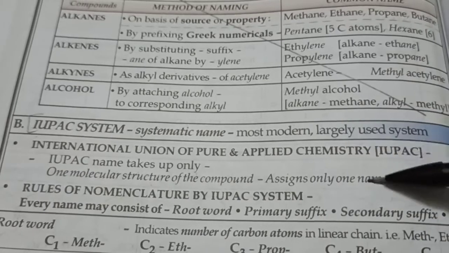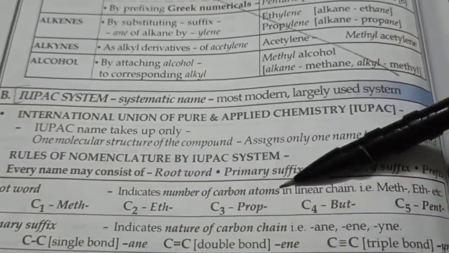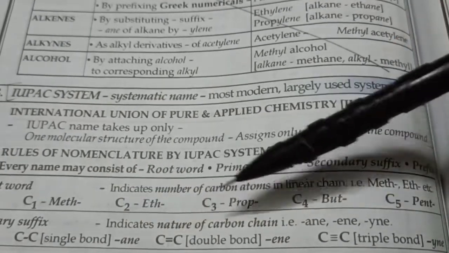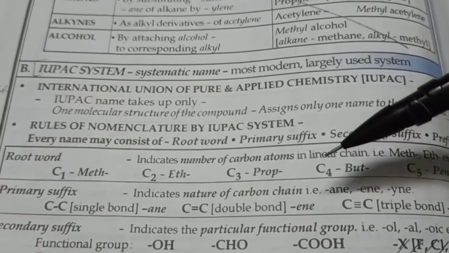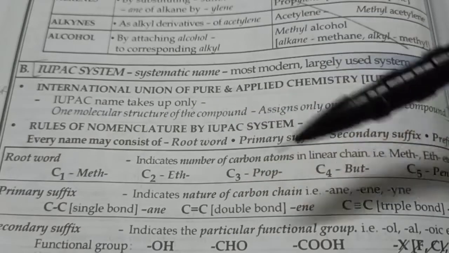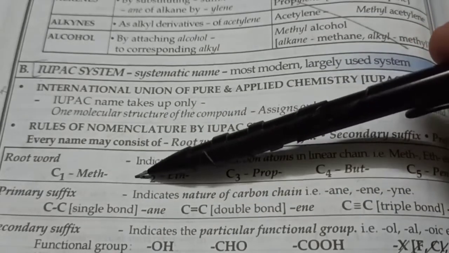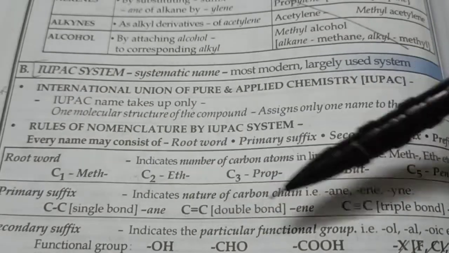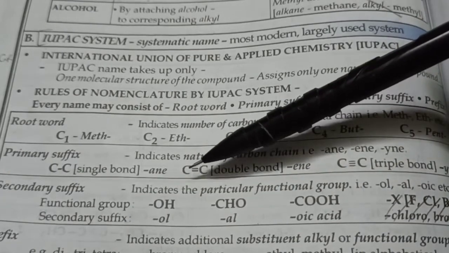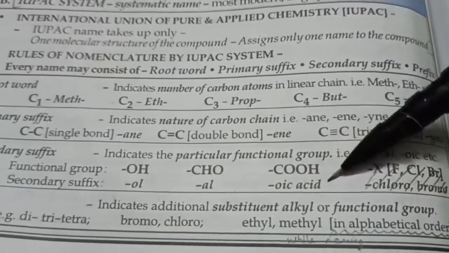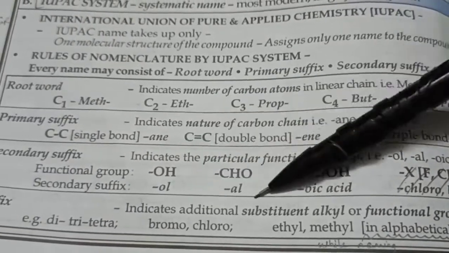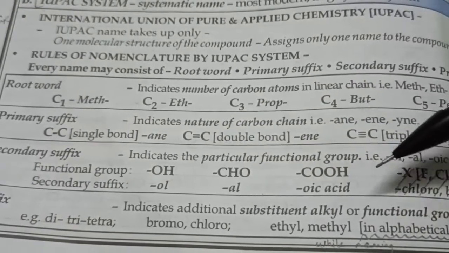And the rules are, number 1, get the root word first of all. Number of carbon atoms in a linear chain. Meth, eth, prop, but, pent, etc. Step number 2, the primary suffix. Suffix means which comes at the end, means after meth. Should I write ane, ene, yne, what? Well, it depends on the carbon-carbon bond. Ane, ene, and yne. Secondary suffix means apart from this, we may add one more suffix in the end, like ol, oic acid. Cancel this, please, because this is not a suffix, it's a prefix. Like methanol, methanoic acid. That's how. It depends on the functional group.